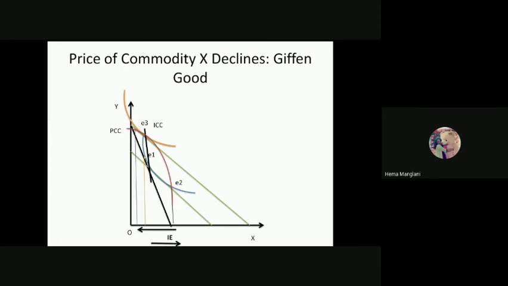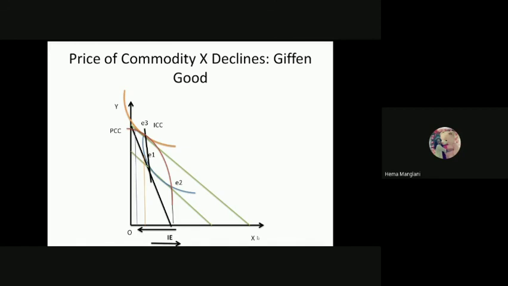The consumer would now like to consume, with the substitution effect, at point E2, where the pivot takes place. So now you have new prices at E2. Here, of course, from E1 to E2 you have a substitution effect. It shows that you would like to consume more X. But if you follow the assumption that commodity X is a Giffen good, then it shows the relationship between price and commodity X.